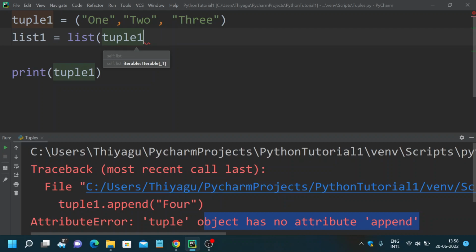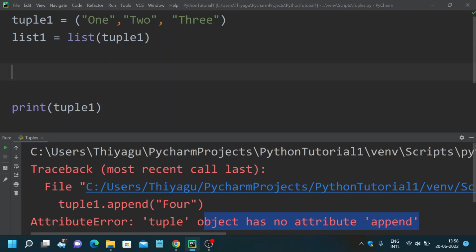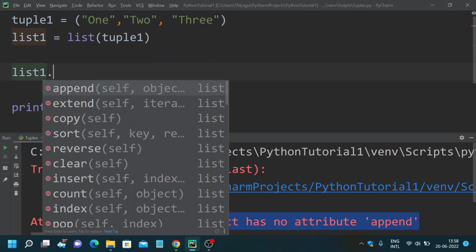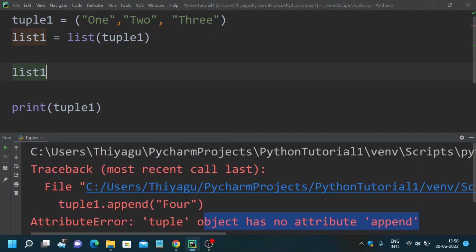I'm just converting this tuple into a list. Once converted, say if I want to update an existing value, say I want to update this value 1 to 100. So maybe I'll update this value, list1 of